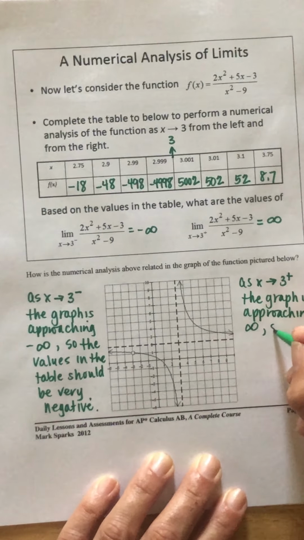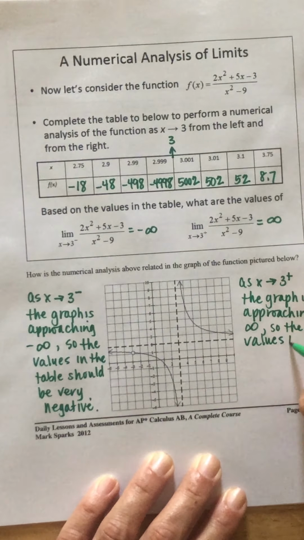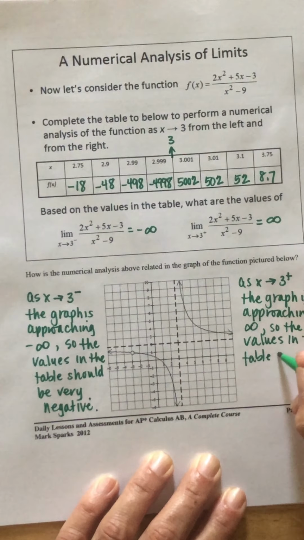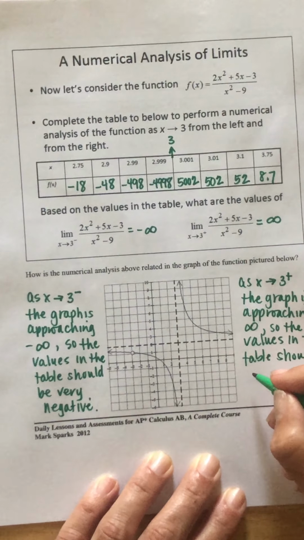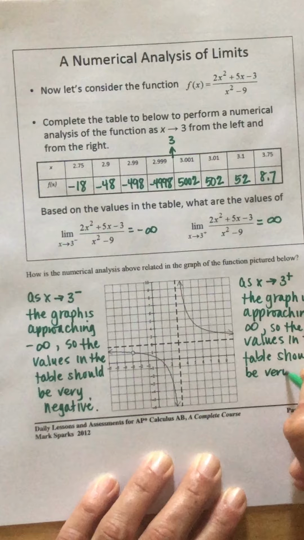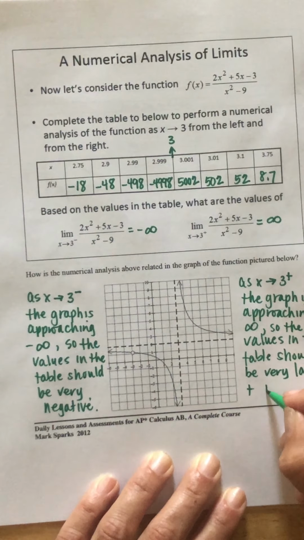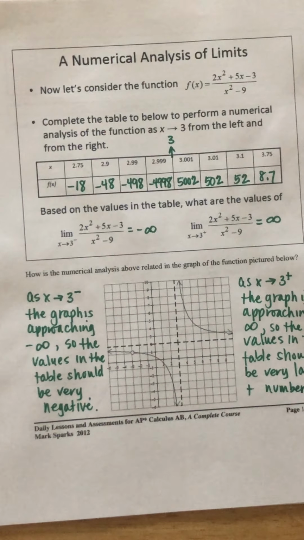So the values in the table should be, as you're heading in, very positive, like very large. So very large positive numbers. Okay? Also, a word to the wise, if I was you guys, and I know how people love to burn